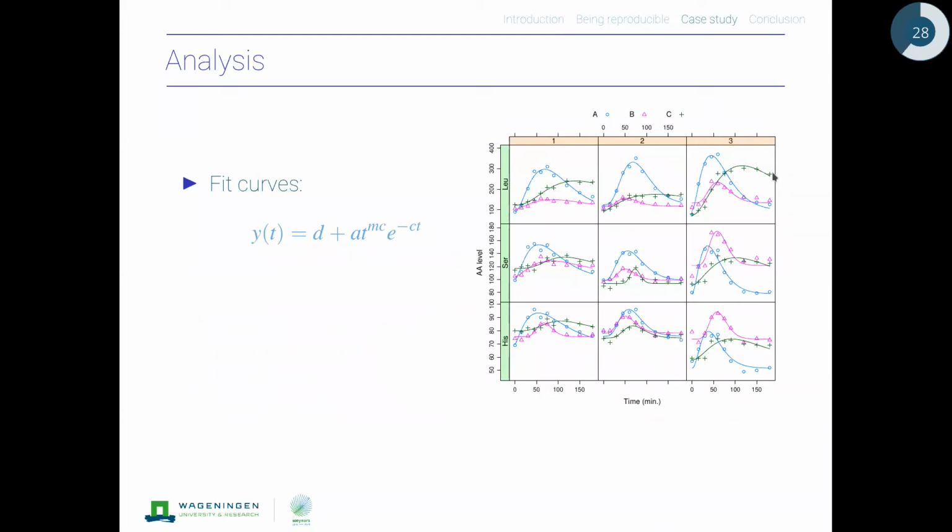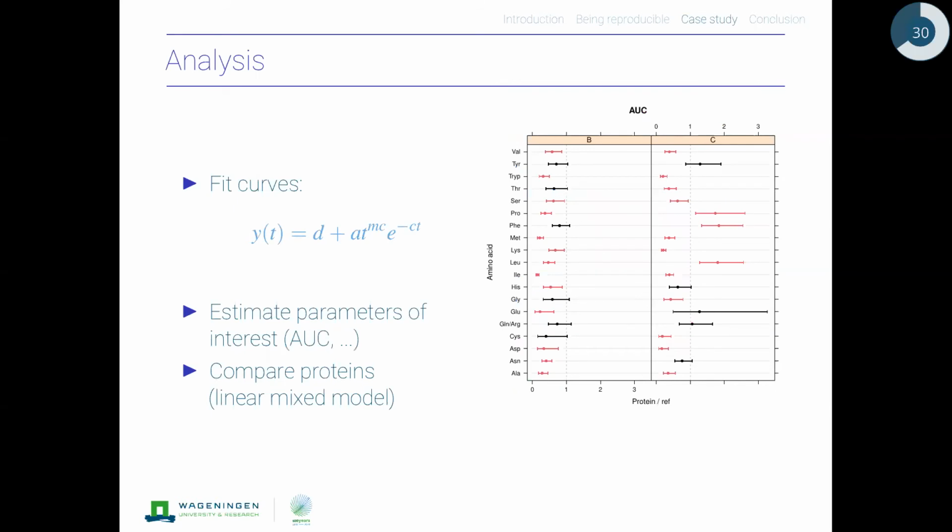You can see that in these examples, the curves follow the points reasonably well, but especially for the cases where the uptake is not very successful, sometimes we have bad fits. So we need to also do some kind of curation in order to filter out bad fits. Anyway, at least this approach gives us a very principled way of saying something about the efficiency with which different proteins can be digested by humans.